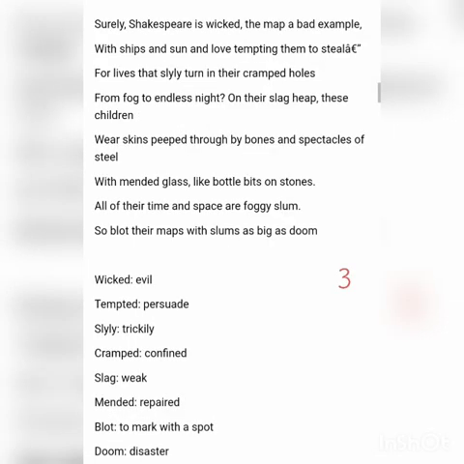Now in the third paragraph, again they talk about Shakespeare, that for them Shakespeare is nothing. They have no interest in Shakespeare, right? He is wicked for them, and the map a bad example for them, because in the map also there is no place for their identity, meaning there is no identity of them even in the world map. And the ships, the sun, all these beautiful things are useless for them.